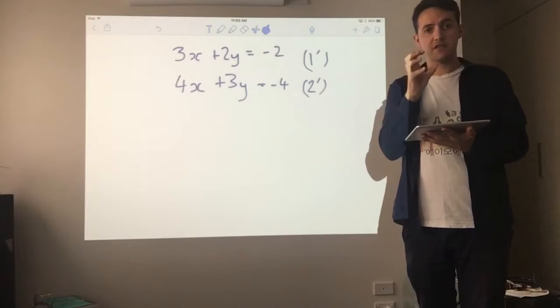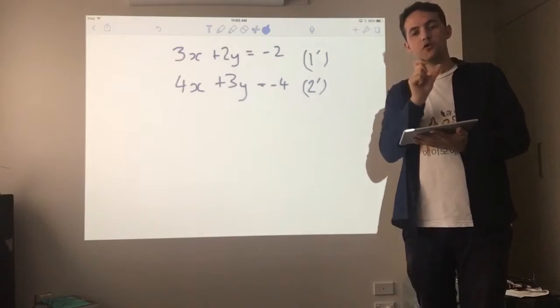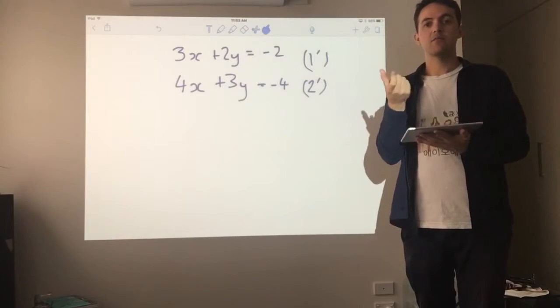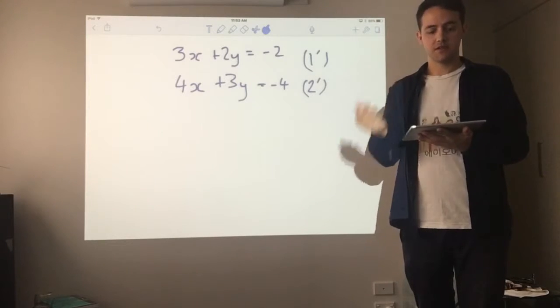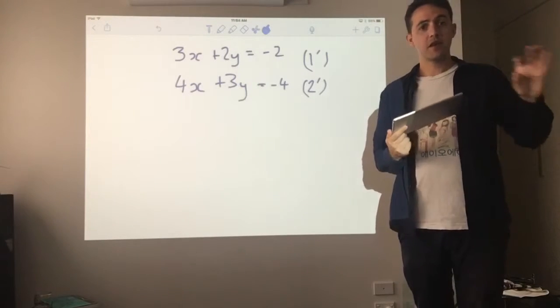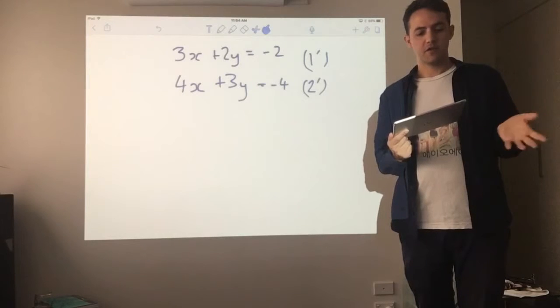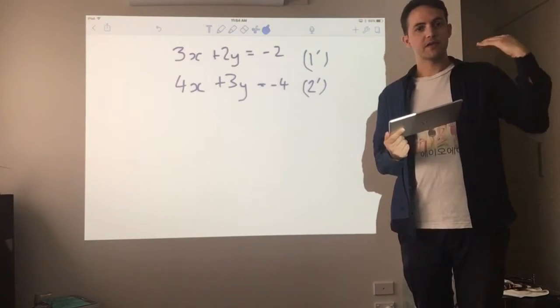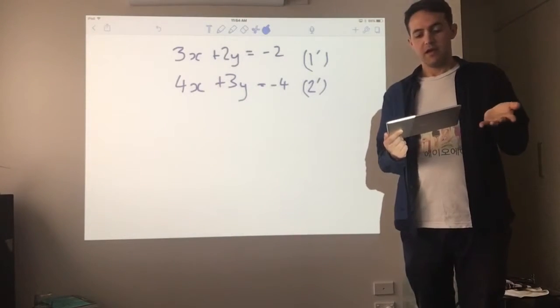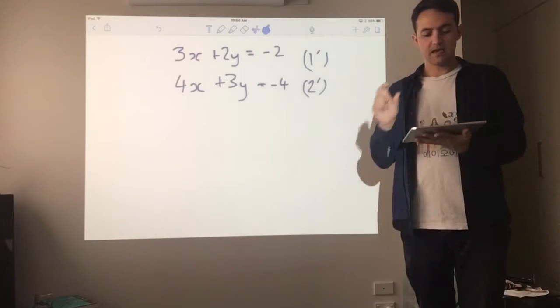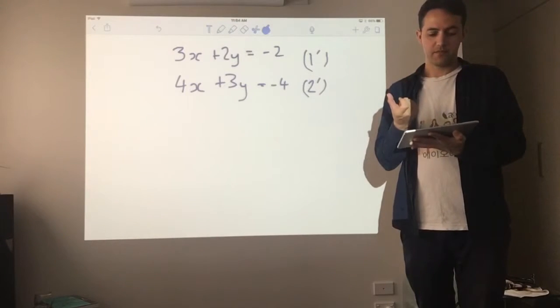Okay. Now, what we want to do as a first step in simultaneous equations is get two equations where the coefficients of either x or of y are the same or the negative version of each other so that they'll cancel out. Now sometimes that's been easy for the equations that we've looked at because we can just multiply one of the equations. In this case, we actually need to take a combination of both of them in order to be able to get something,